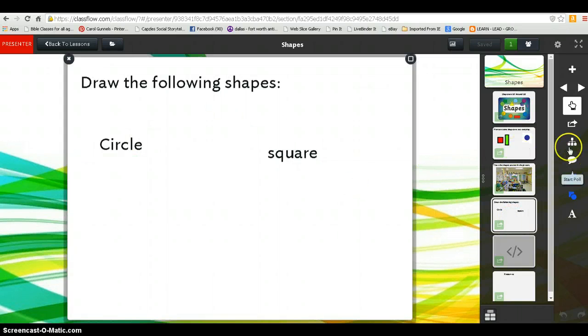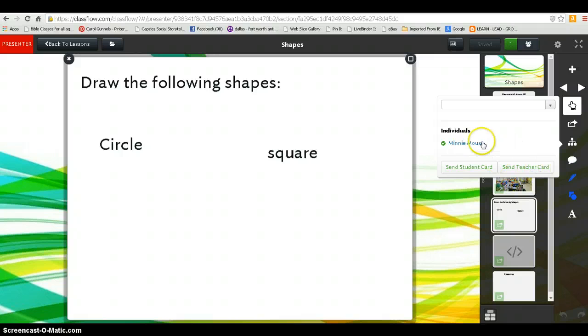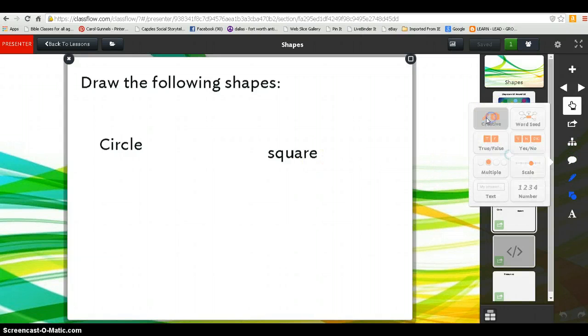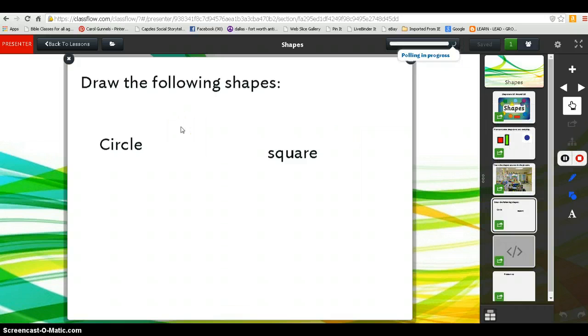Here, the same thing. I can share this out, send this out to Minnie Mouse on a teacher card, and I can start the poll. I can be creative, and now Minnie is going to draw a circle and a square, and she's going to share that back with me. So that's coming back to me, and our time is about up, but I think that gives you a good overview of what